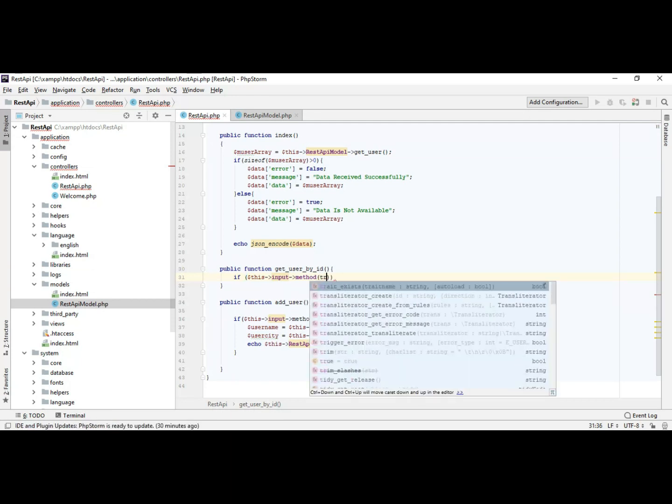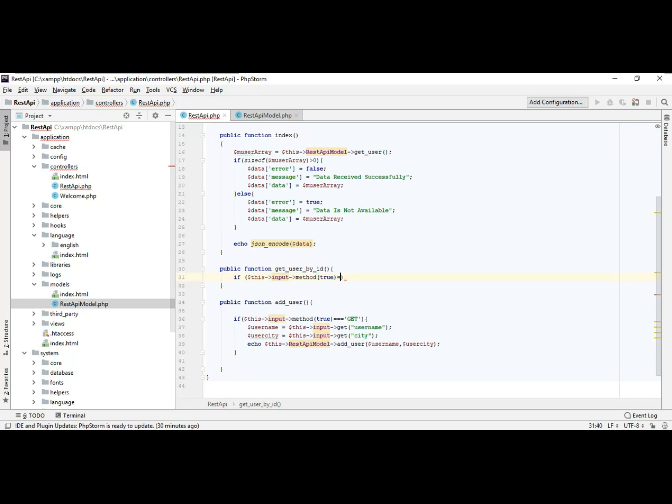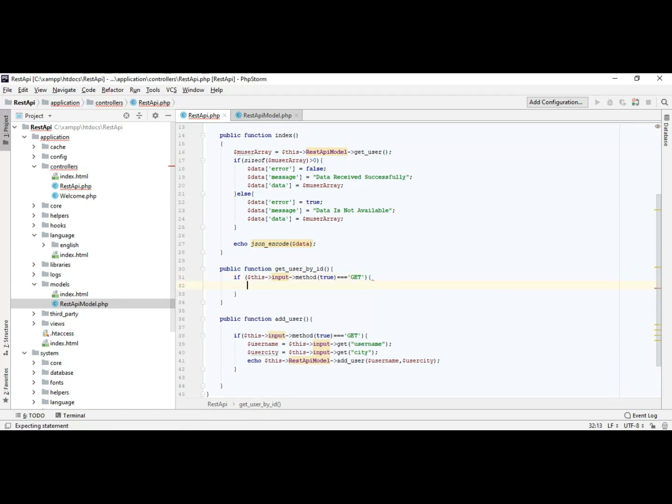After this I will tell you about how to do this with post. This input get user ID. Okay,